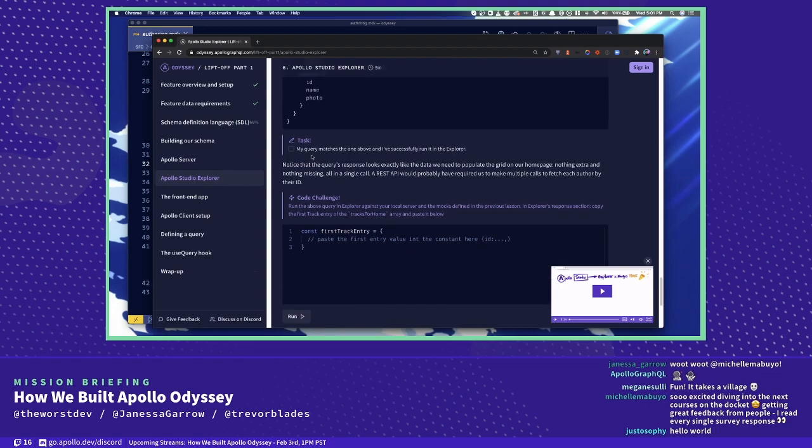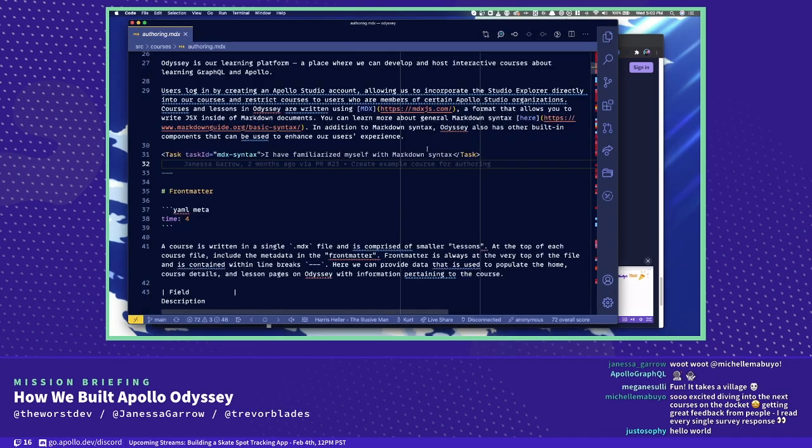And so if we flip over, this is actually the representation, right? So here's the component right here. I got it. I was confusing this with a multiple choice, but yeah, I get it now. So what we read here is literally the string. If we were on this course, it would actually say next to the checkbox, I have familiarized myself with Markdown syntax. You got it. Heck yes, love it. And then we can see here that we have this divider. So that would be the end of lesson 1, and then we'd be moving on to lesson 2.